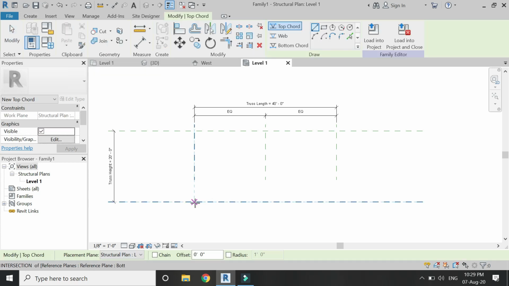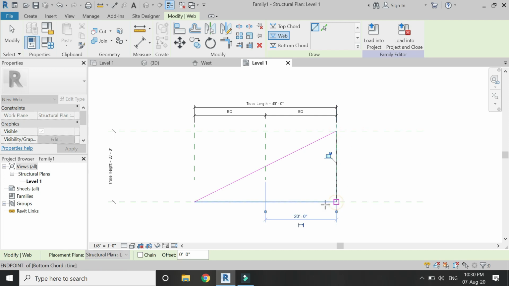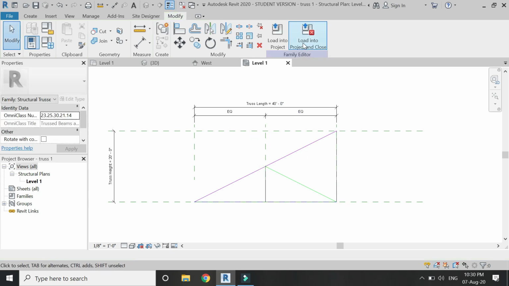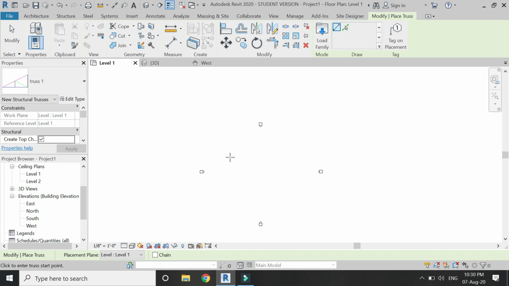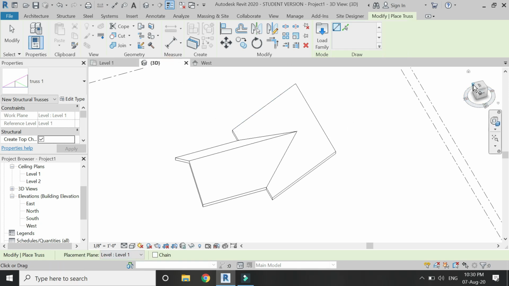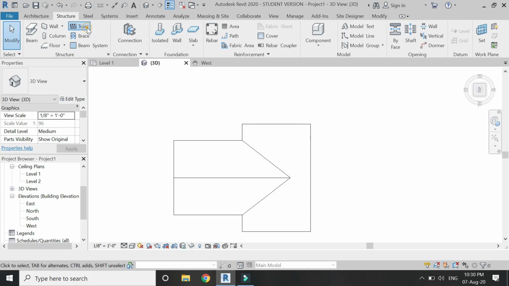So let's create the top chord, bottom chord and the web for the roof, and I have already explained in detail about the trusses and everything you need to know about them. The link to that tutorial is given below in the description box. Now save and load this truss into the project, and let's go to the 3D top view